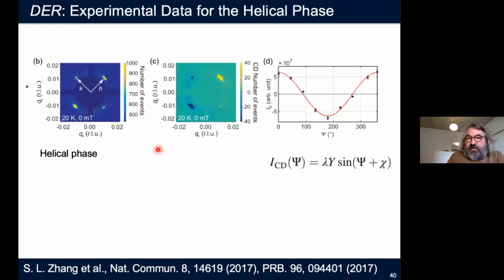Now we carried out a measurement on carboxyselenate, and you see here the four peaks in the helical phase. Again, there are two domains perpendicular to each other, locked along crystallographic directions. And you see here then the dichroic peaks, which are positive here on the right, negative on the left. Then through rotation, by the fact that we have four peaks, we can then plot these intensity values like so and fit it with the sine wave, and from that extract the angle chi. And in fact, we extract an angle of 90 degrees, which is what we expect for the helical phase in